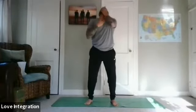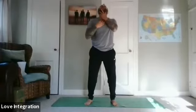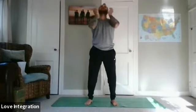Now with the palms, go ahead and just brush the top of the head. And we'll do this a few times, the sides of the head, just brushing your fingers along your scalp. Now brushing the back of the neck towards the collarbone. Now go ahead and lift the chin up, relax the jaw, and brush the throat. And release. Now gently tapping the top of the head with the fingertips. Again, covering the whole head, the back of the head, moving to the neck, the temples, to the jaw, the cheeks, throat,